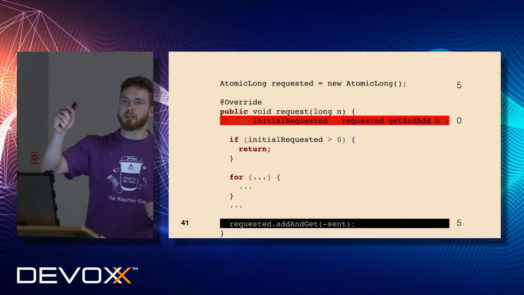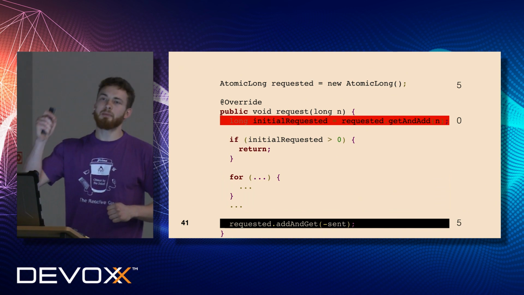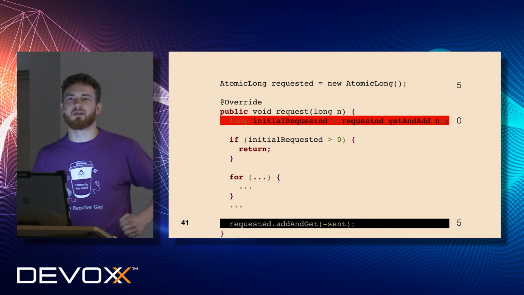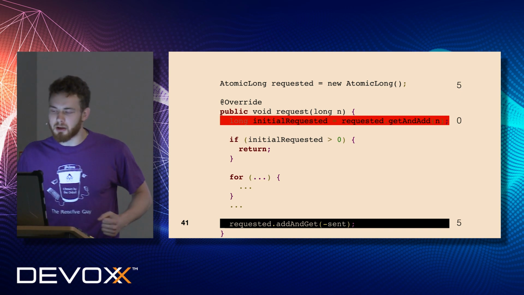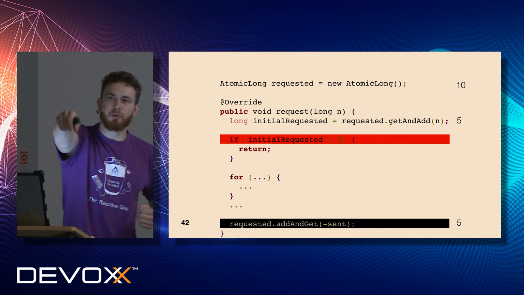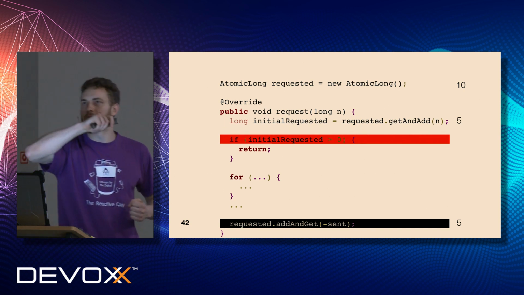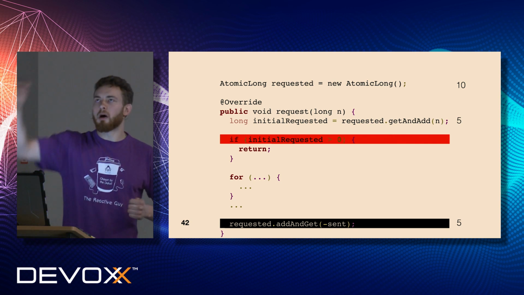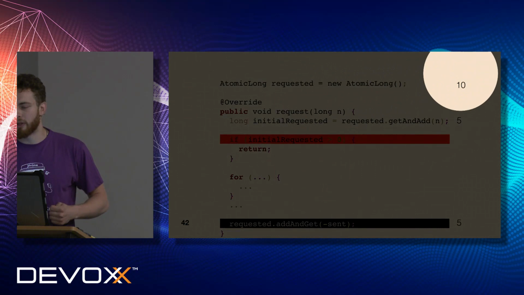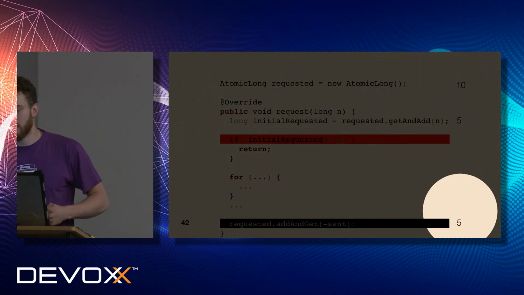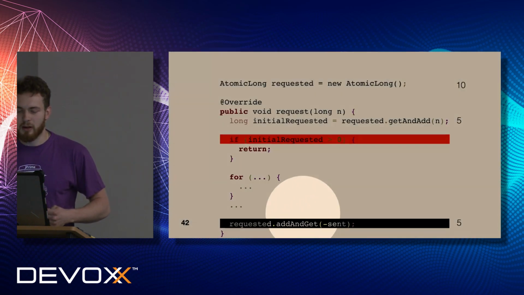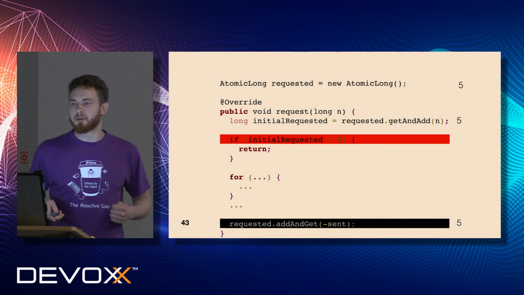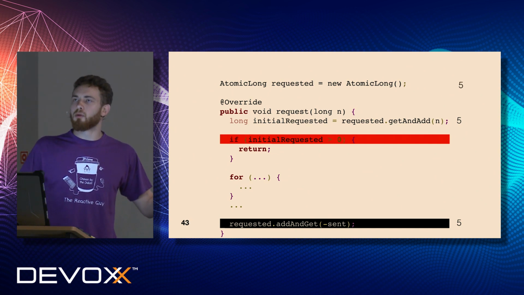However, the evil point here is the following. Just imagine that the red one is much faster. He is a sprinter thread. So he will increase much faster. He will win the racing on the requested field, on the atomic field. And he will increase or send a few more elements to our requested field. So now, at this point in time, for red requested is 10. For black requested will be the same. But here, since there is a racing, black will just decrease his 5 elements. So this is clear. I decreased 5 elements by black. But there is nothing more for black.